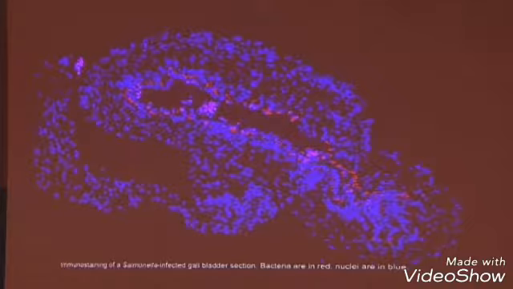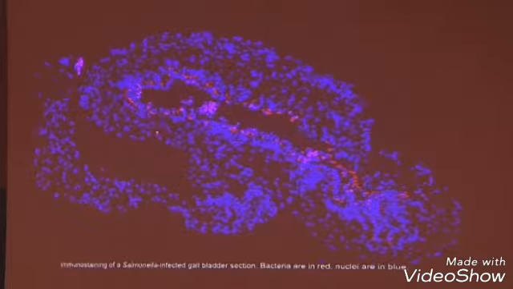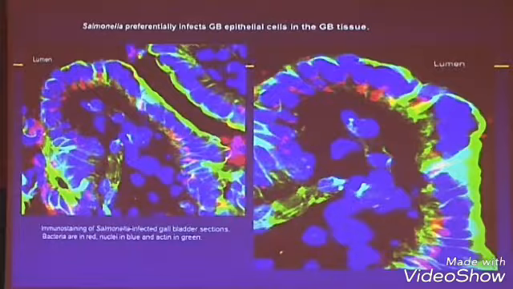And here's another section that Ellen showed. You can see all the Salmonella just all along the edges here, basically at the basolateral surface of these cells. And you can see it more here. You can see the green is the actin. You can see the apical surface up here. Look at all the Salmonella all along the basolateral surface of these things, basically in the lumen of the gallbladder, but the opposite end. And the reason this is weird is that in intestinal epithelium, in the intestine, Salmonella is always at the apical surface. And there's no other cell types being reported where Salmonella hangs out at the opposite end of these cells at the basolateral surface.